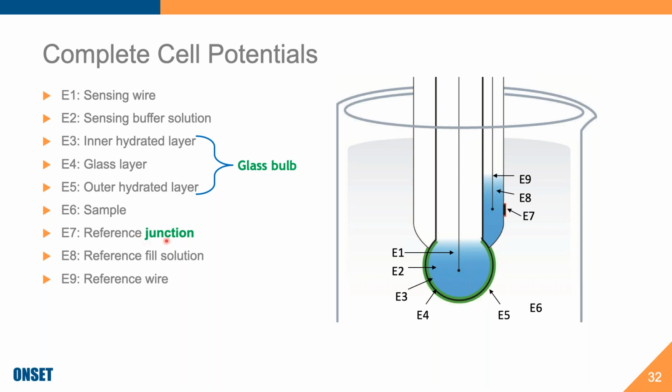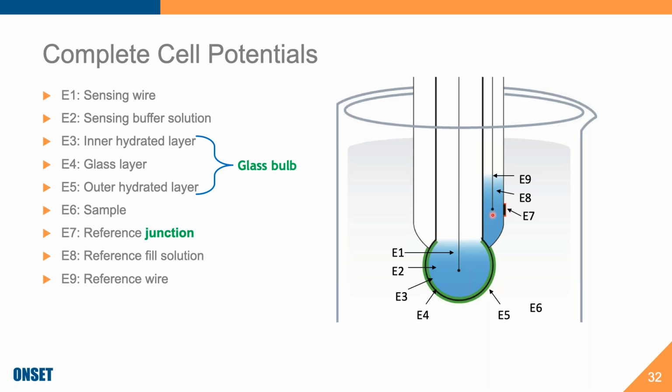And the other very important potential here is the junction. There are several different styles of junctions. There's a single ceramic like this one, or a double junction, or an annular junction where it goes around. Ours has the fabric junction. So there's a fabric junction, there's a ceramic for it. There are all different styles of these junctions, but in the end, the most important part about the junction is that it creates